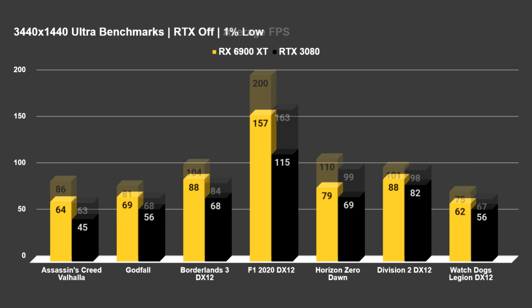And I'll go ahead and put up the 1% lows here now for ultra-wide, where you can see the 6900 XT performs phenomenally. Not a title here goes below 60 frames per second. Did get a little close in Valhalla and Watch Dogs Legion, which are both horribly optimized and extremely demanding Ubisoft titles,